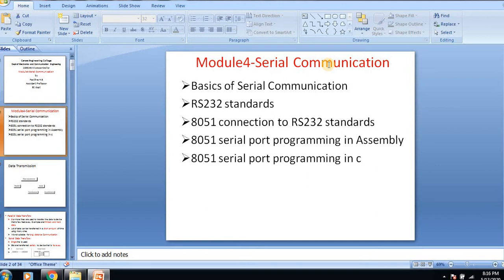As you all know, communication is nothing but transmitting information from one point to another point. This communication can be between two persons or two devices. So mainly here we will be considering the communication between two devices. When we say devices, we prefer always to transmit the data in digital form, that is, in the form of ones and zeros.